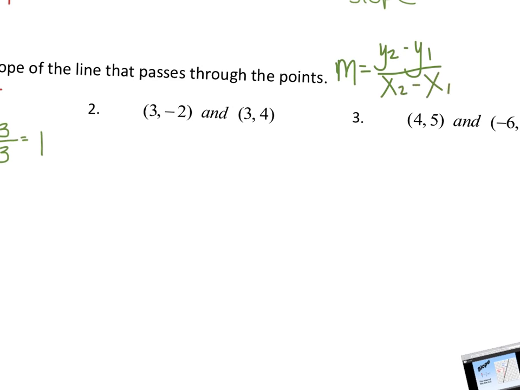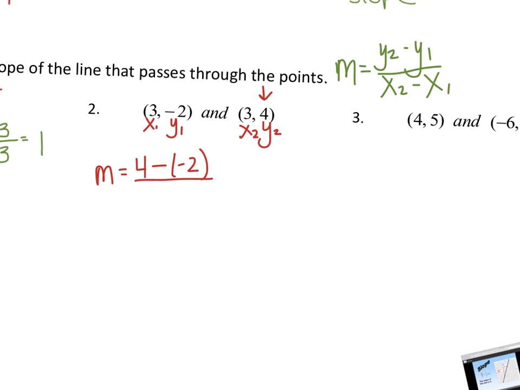So it's a good place to put our formula so we have something to refer back to. And then we're going to label our ordered pairs so we at least remember which one is which. So it's going to be x1, y1, x2, y2. And I'm going to set up my work. So I have m equals y2 is that number. So we have y2 is 4 minus y1 is -2